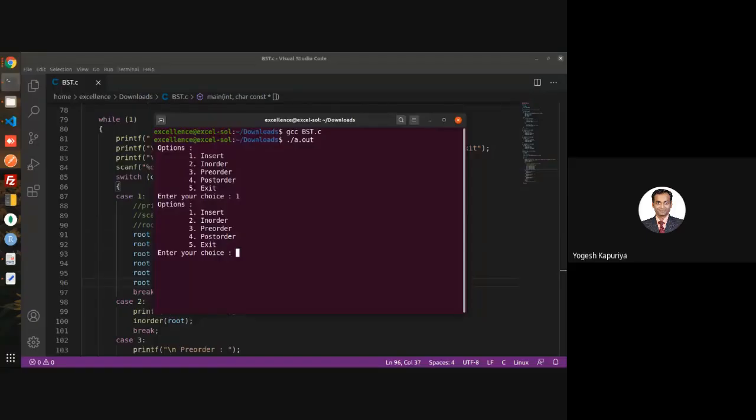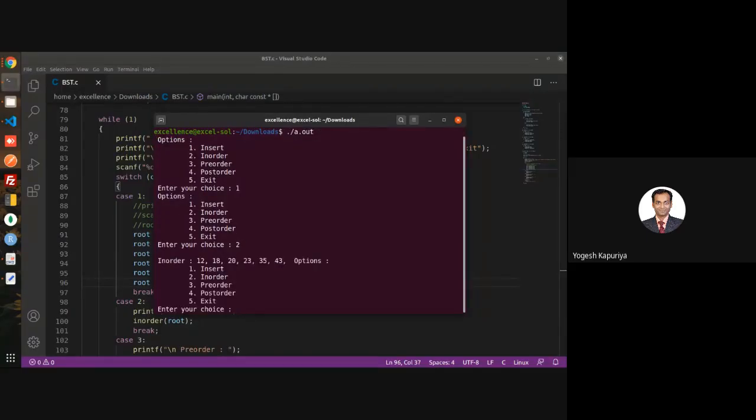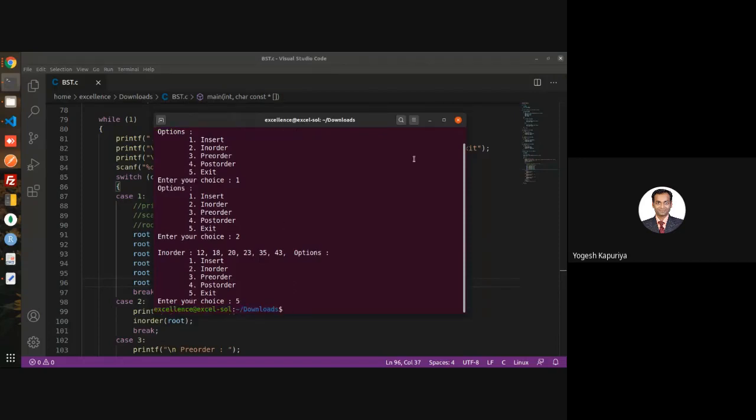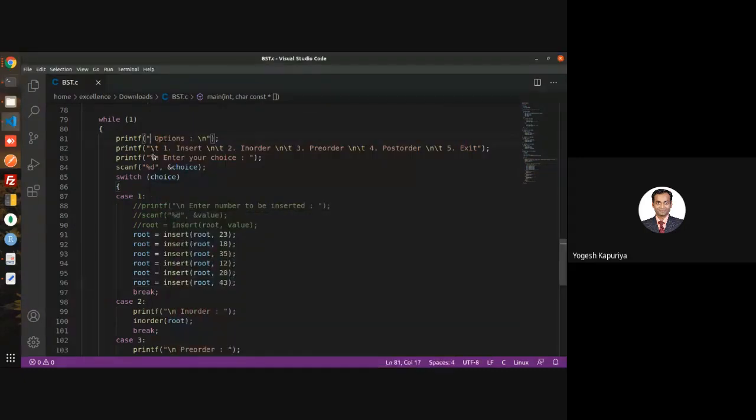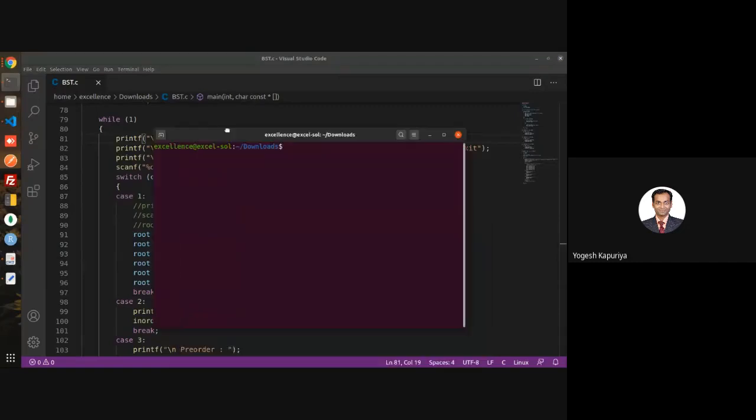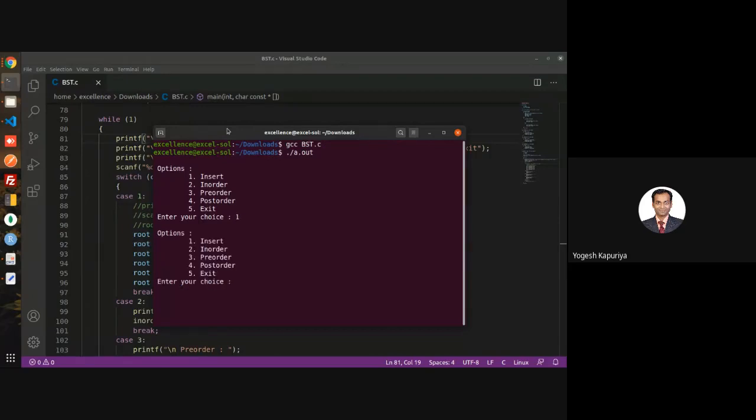Clear. Insert. So all values should be inserted, right? Let's see. So insert, all values will be inserted.